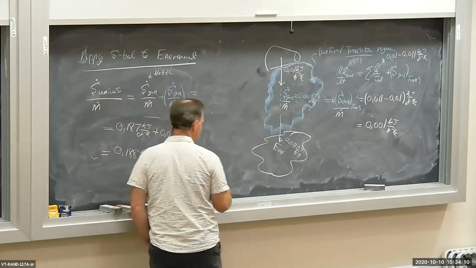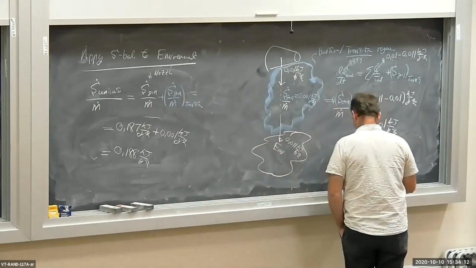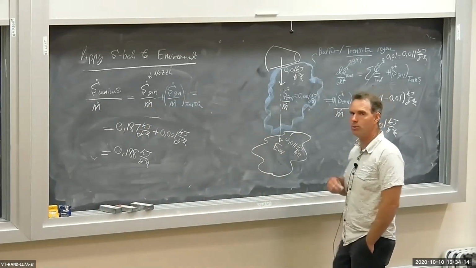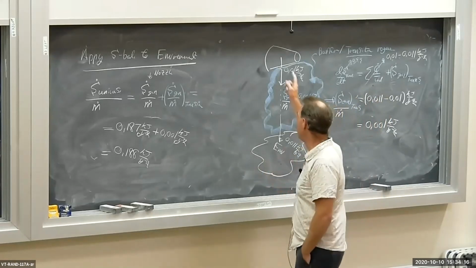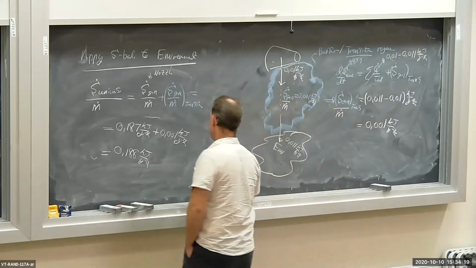So the entropy change of the universe, which is the sum of the entropy generation for all processes involving this nozzle,